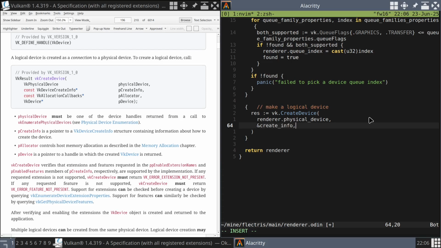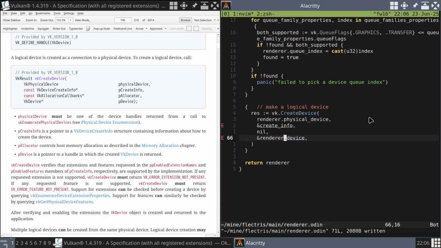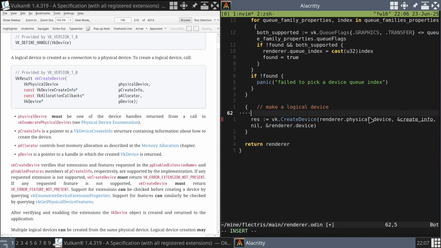Let's stick to our consistent casing. We're not going to pass an allocator, and we are going to need device. So in fact, I think we can do ampersand renderer device and just write it directly onto our struct. Clearly, we need to define create info. Create info will be a, no, sorry, it'll be device create info,